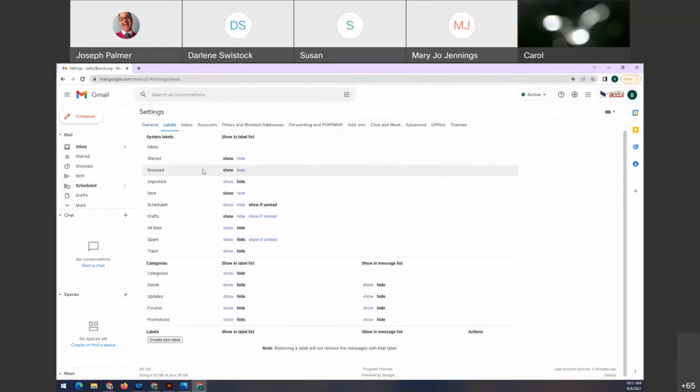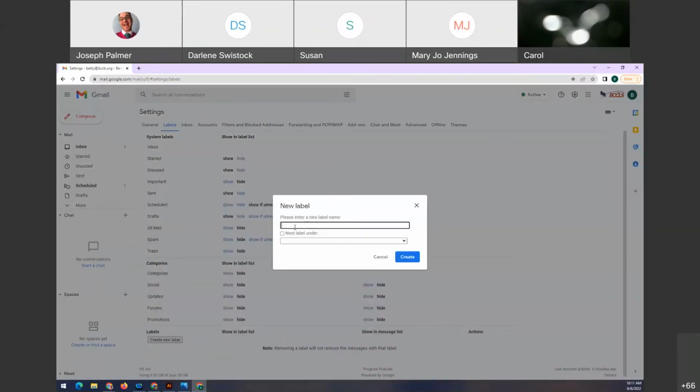I'm going to go to the Labels, and if you see, there are a bunch of options that are already created by Google, and you can choose to show them or hide them. But if I want to create a new label, a new way of organizing, or a new folder, basically, for my emails, I'm going to create it down here. So I click Create New Label, and now I just need to name that label. So I'm going to say